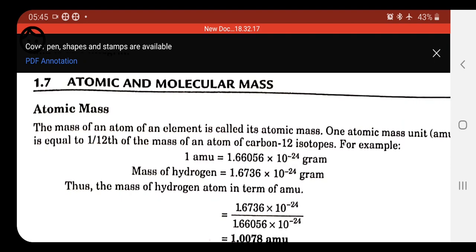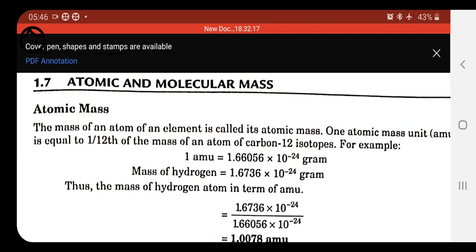So after the introduction to chemistry, the second topic which we have to do is atomic and molecular masses. Before that, for whatever topics in the NCERT book are omitted, kindly go through the website to get the new revised syllabus, or if you are not getting it on the website, then kindly contact me, and I will give you the new syllabus.